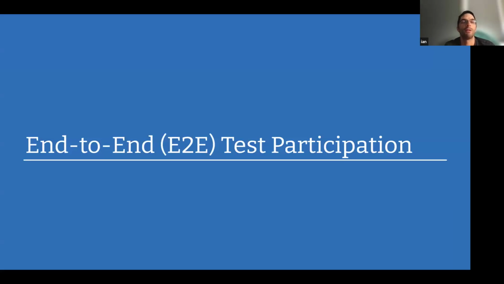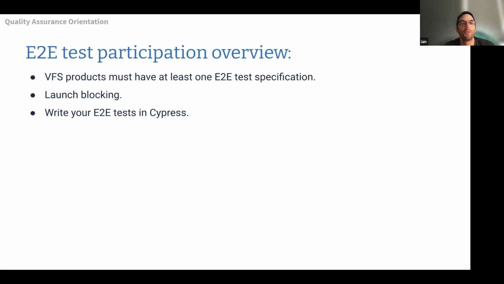Our fourth standard is end-to-end test participation. And by end-to-end tests, we are basically talking, on platform at least, about writing Cypress tests. And you need to have at least one specification. It is launch blocking. At this point at least, we don't specify how you want to break that specification up, how many tests you need, and whether you have covered everything. We're sort of trusting the teams to write their end-to-end tests at this time, but it is launch blocking. So again, you've got to have that, and